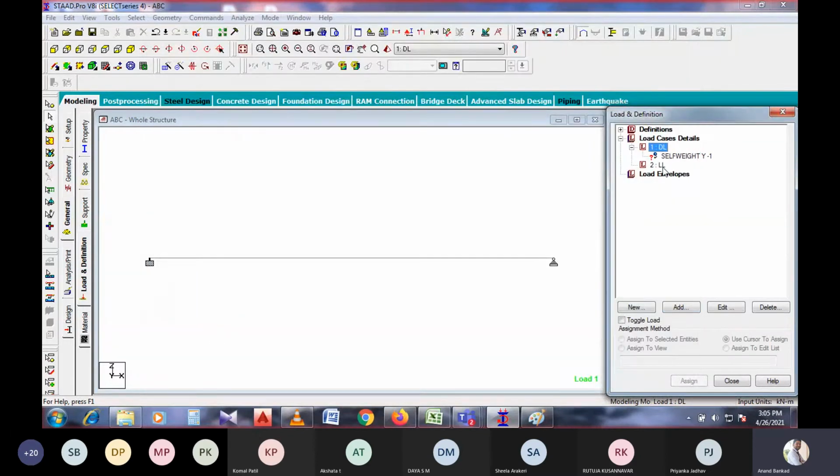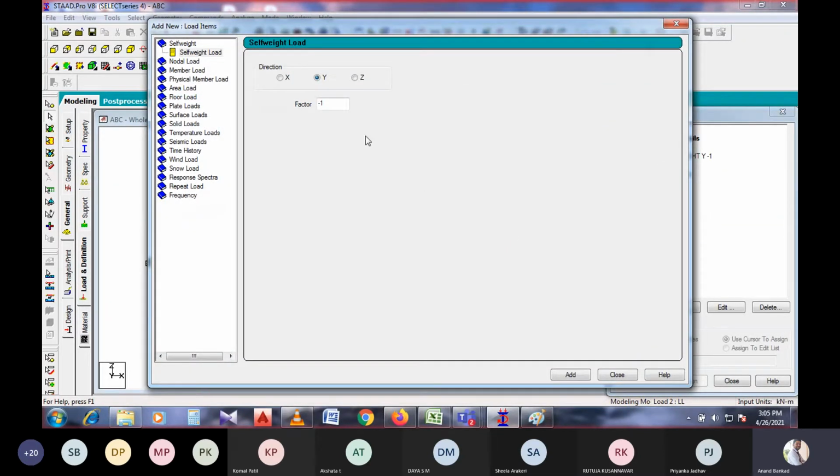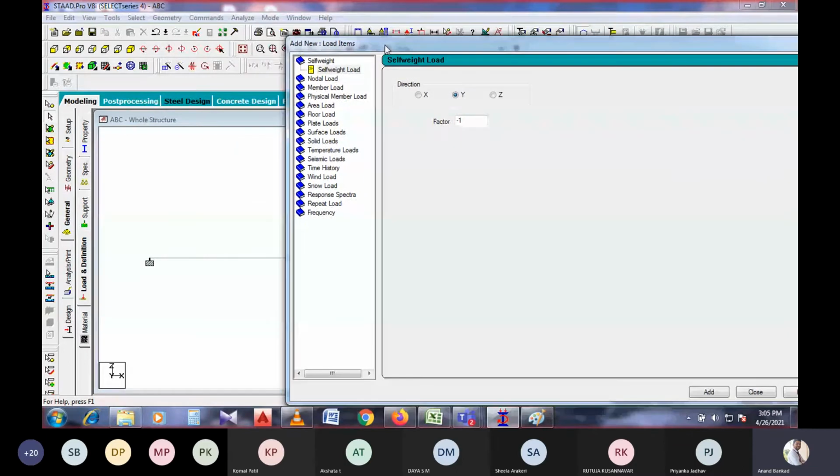And after that I need to enter the live load. I just add it. For the live load, I will consider different types of loads. So what are the different kinds of loads on the member? That is UDL, correct? That is uniformly distributed load and uniformly varying load, correct? Point loads, moments, am I right? So these are the types of loads that are going to act on the member.